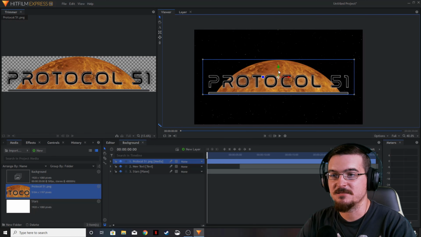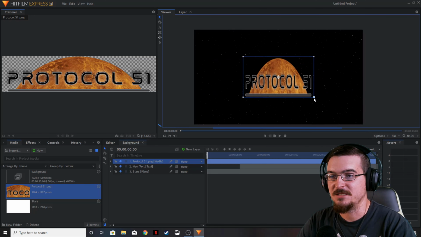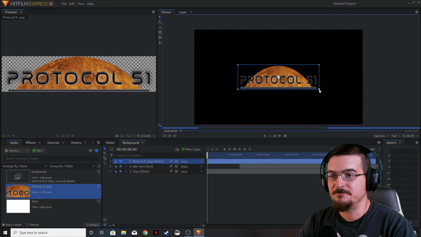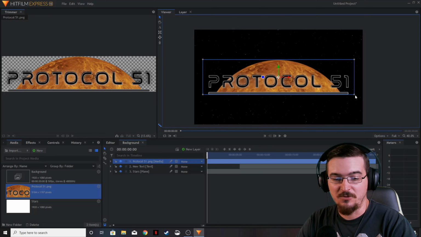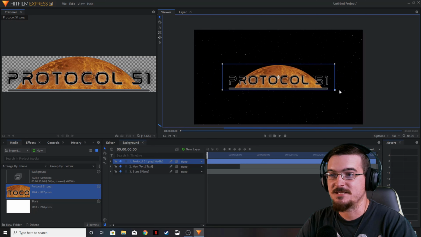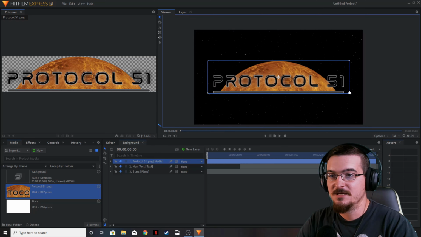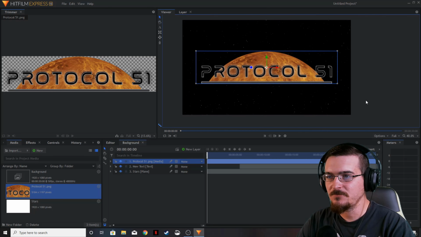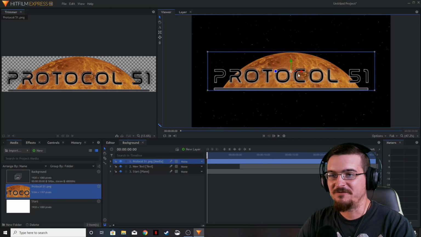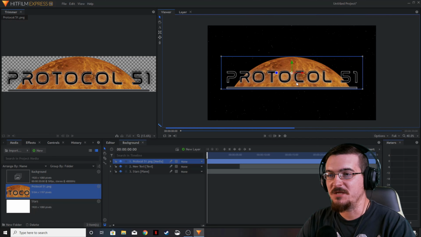And what I mean by that is its length and its width. If you just grab one corner and move it, you can see you can change the ratio of height to width, and we didn't want to do that. So if you hold Shift down and grab one of these corners, you can change the size while still maintaining that original shape. Okay, so now that we've got our logo in,